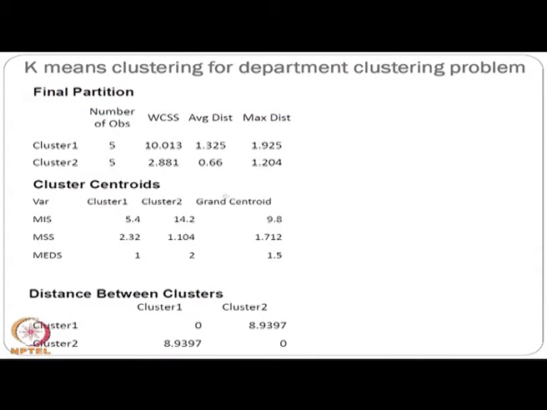This is cluster 1 and 2 for the data. This is not the example data we have just solved here, but safety data, MIS, all these things. So, ultimately you are getting 2 clusters, 5 observations each in the clusters, and you are getting the within cluster sum of squares, average distance, maximum distance, all these values. Now, you have to appropriately interpret the values you are getting for different parameters.